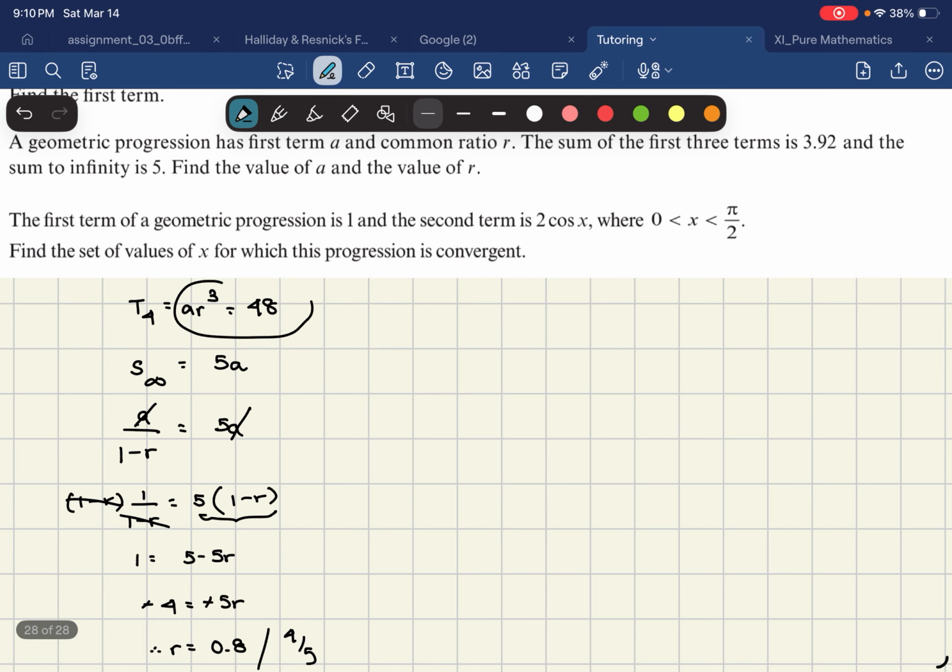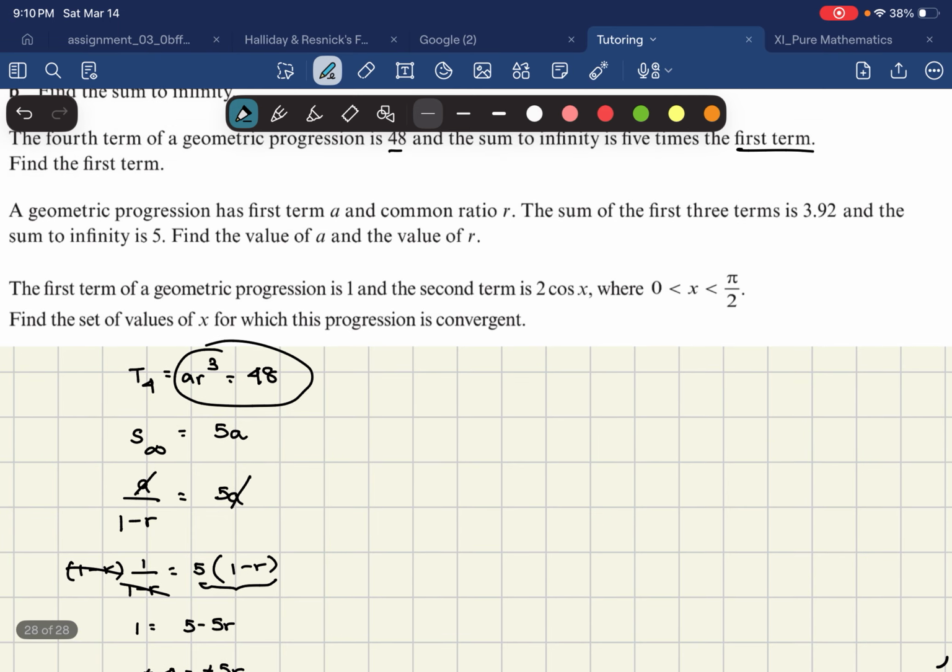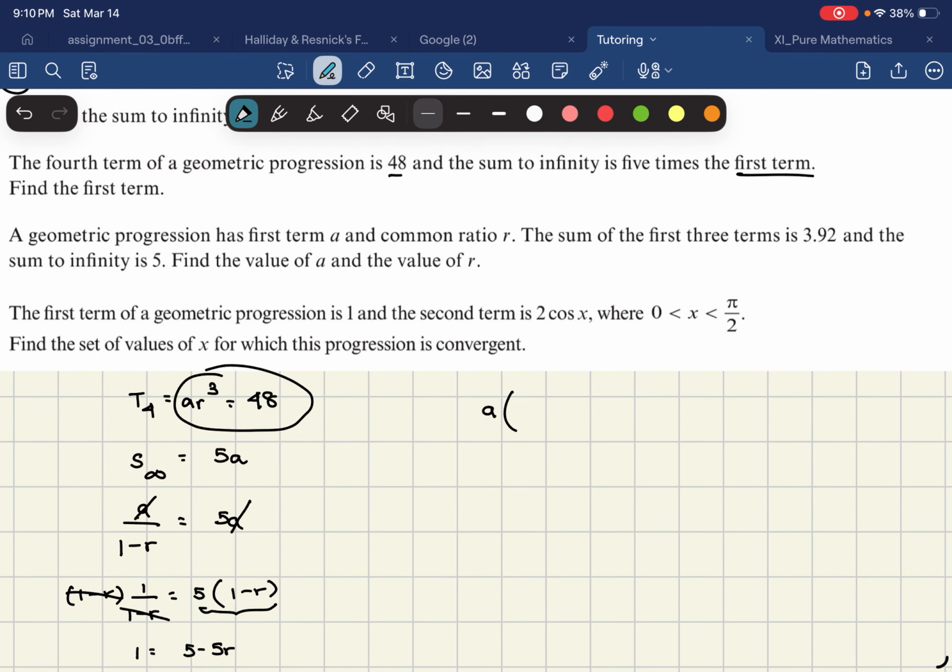We can solve for a here. If we know r, we can solve for a. So we know a times 0.8 cubed is 48. So a is just going to be 48 divided by 0.8 cubed. So that is 48 divided by 0.8 cubed gives me,